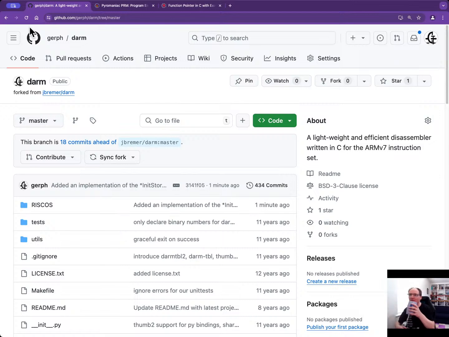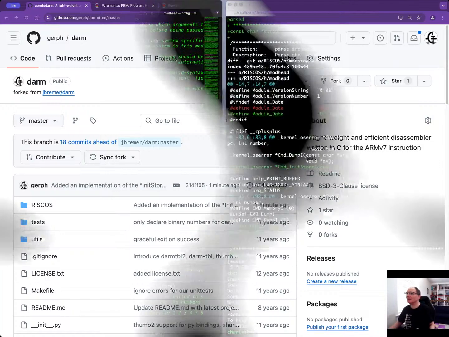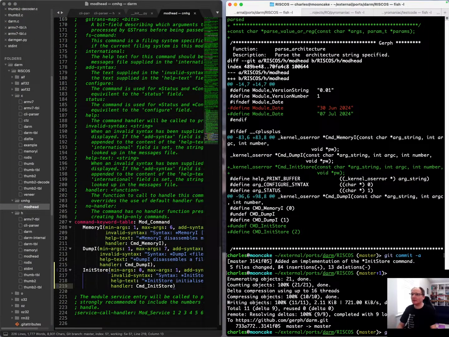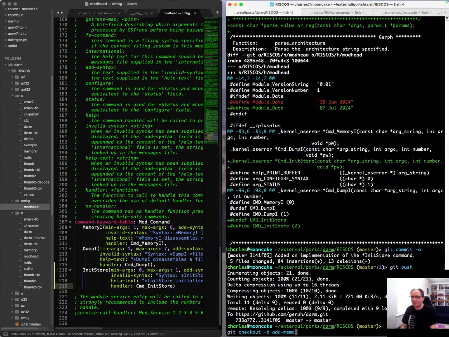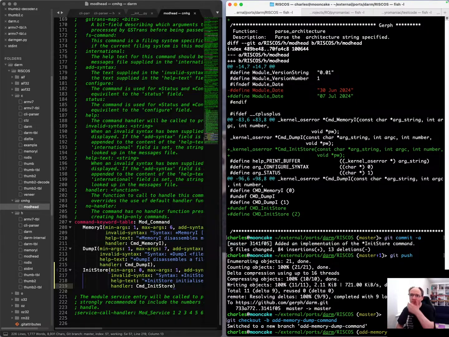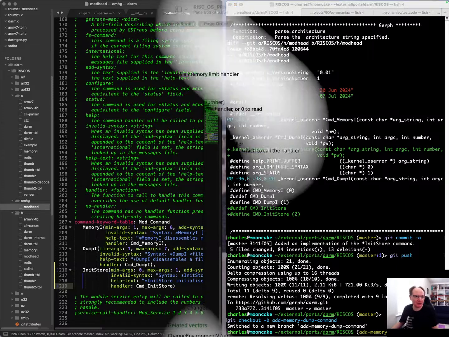Well, one command rather. However, I'm going to do star memory next, and I think that's going to need a bit more. So let's do that as a separate thing, as a branch. Git checkout. So we're going to start writing the code for star memory. So add memory dump command. And the command for that is star memory, which